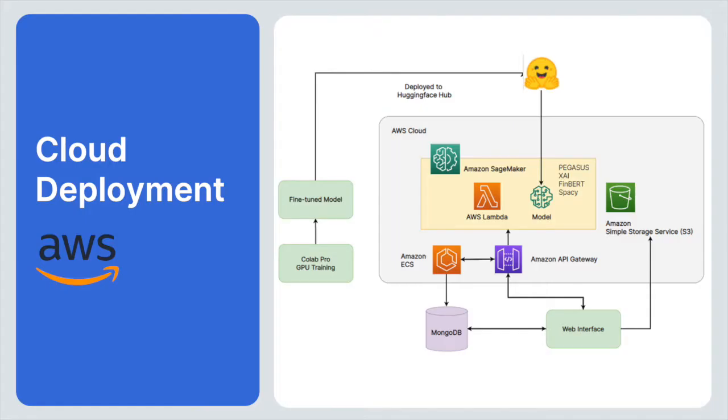Eventually, the Pegasus and FinBERT models for news summarization and sentiment analysis are hosted on the NLP platform Hugging Face Hub and directly deployed to Amazon SageMaker using designated libraries. We constructed a REST API on the Amazon API Gateway, where each API request triggers AWS Lambda functions to invoke